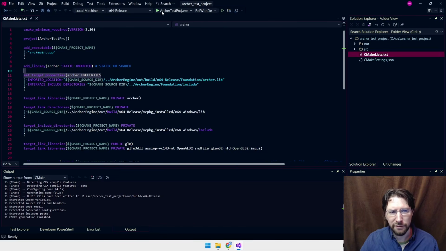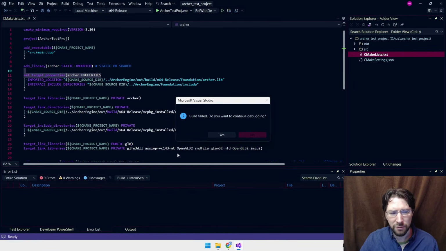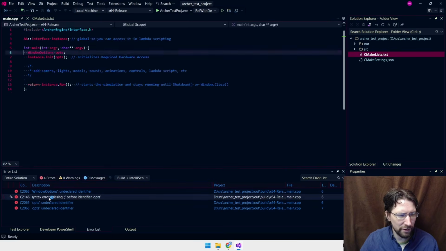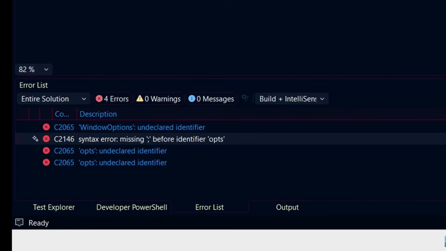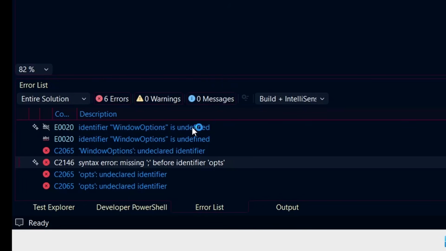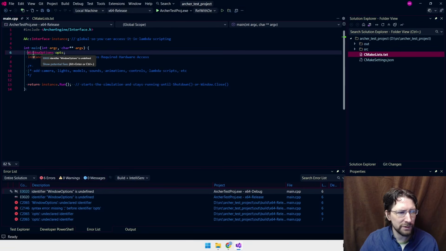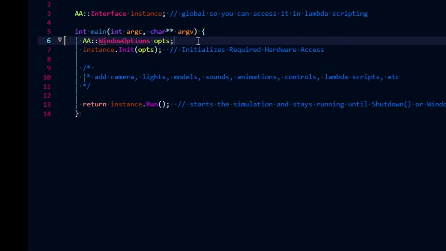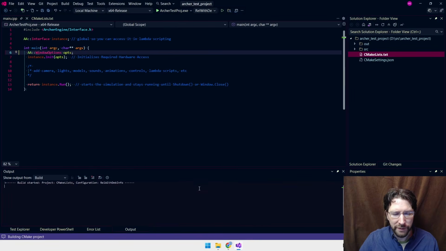And you see we have it ready to run up here, and we can just click it and it should run, but we have an error. So let's address the error. Missing a semicolon, it says, but it's not, so that's a lie. But the real problem is we need to scope this because these are all in namespaces. So that's probably the only problem, and apparently something I need to fix on that README that I didn't realize.